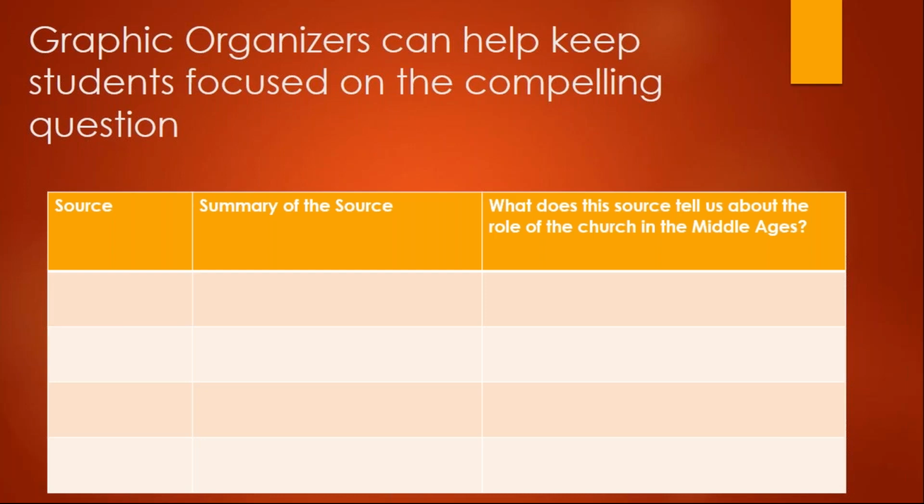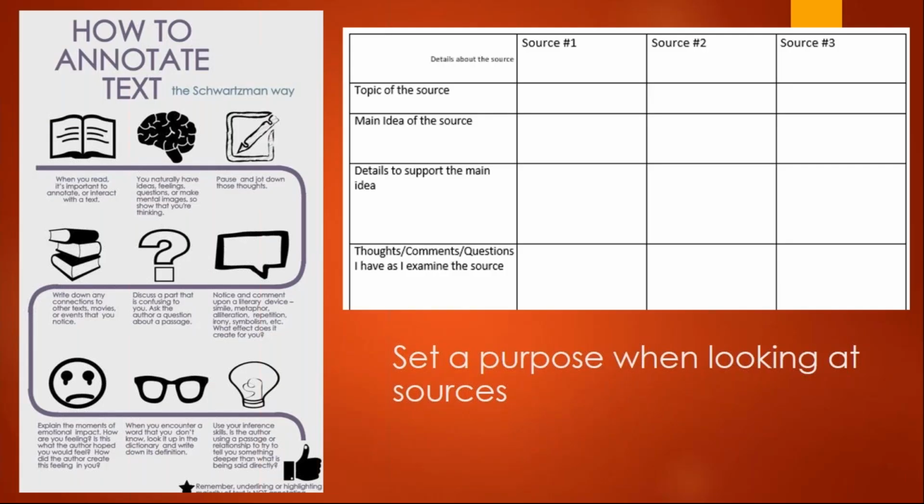Another thing that I spend a lot of time on, and I've been doing a lot of that since school started in September, is how to annotate. I like to give my students structure and purpose. I did this a lot with my elementary students. I would give them sticky notes, and they love sticky note reading. They would put a little symbol in the corner. Is it a question? Is it a smiley face because they like something? Is it a frown face because, you know, they didn't agree with that?